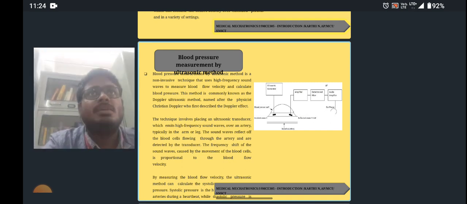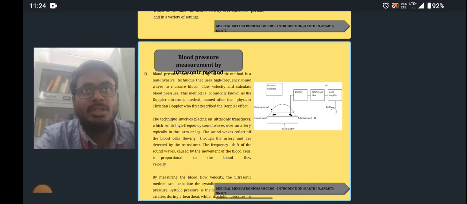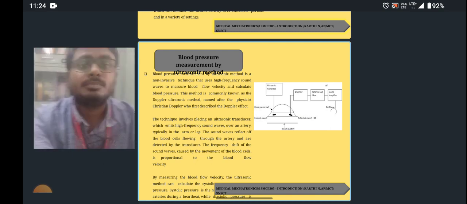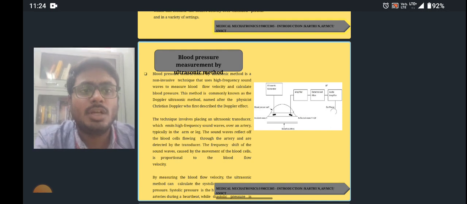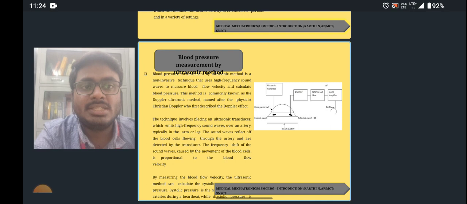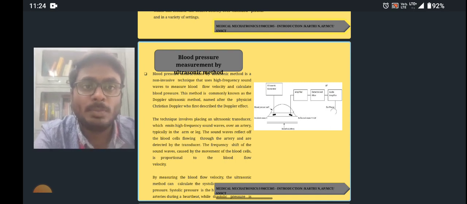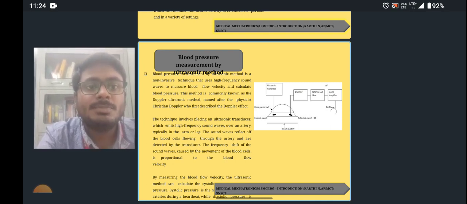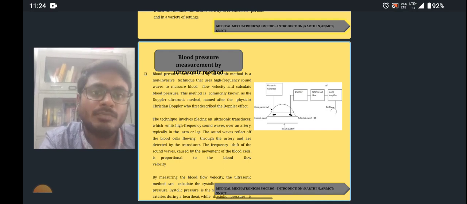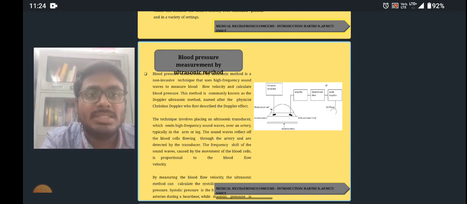Normally the human range is 90 to 120 mmHg, which is the normal blood pressure of a human. This method is commonly known as the Doppler ultrasonic method, named after the physicist Christian Doppler, who first described the Doppler effect. The technique involves placing an ultrasonic transducer, which emits a high frequency sound wave, over an artery, typically in the arm or leg. The sound waves are reflected off the blood cells flowing through the artery and are detected by the